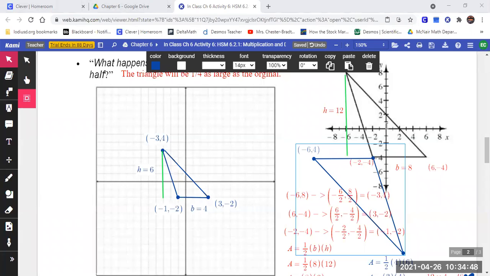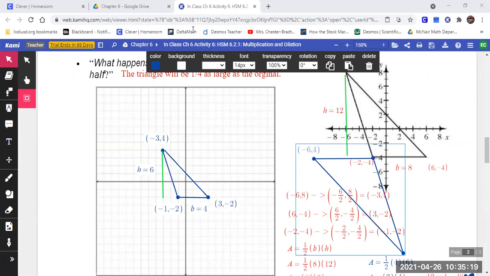So a rotation of 2 tick marks is how many degrees? 180. So when we multiply the x and the y by -1, we create a rotation